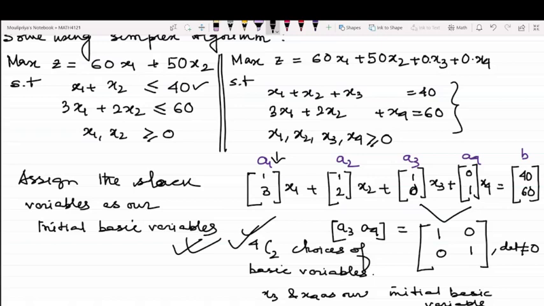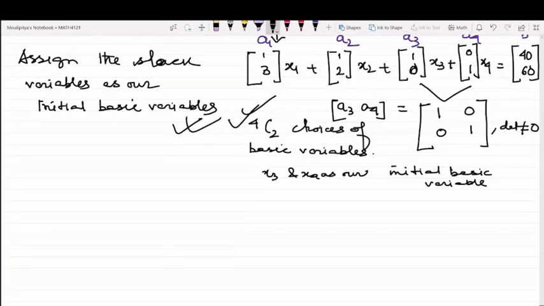Are we correct till this? So your initial assumption is we are choosing the slack variables as our initial basic variables, and we will be improvising our assumption through the algorithm through several steps so that we finally arrive at the optimal solution. Now, we have a tabular structure to make everything visible and doable in a single go.